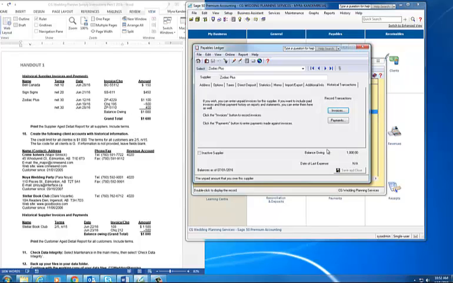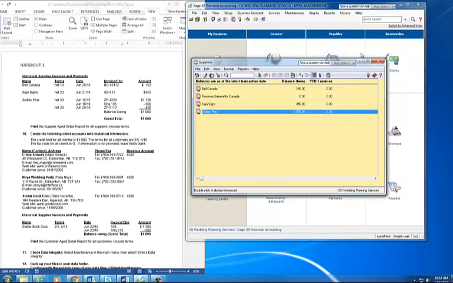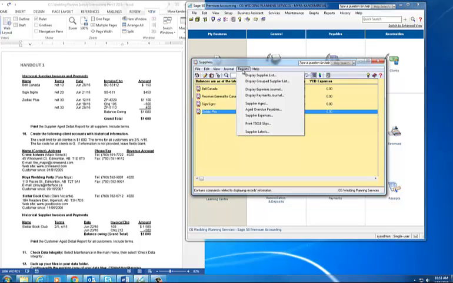If you've done this correctly, you should have a balance owing of 1,000 under that supplier. Then I want you to close this, and I want you to print a supplier aged detail report for all the suppliers, including terms. So to do this, I want you to go into reports. Just here in the suppliers window, go to reports and select supplier aged,